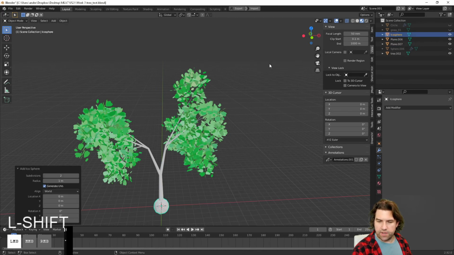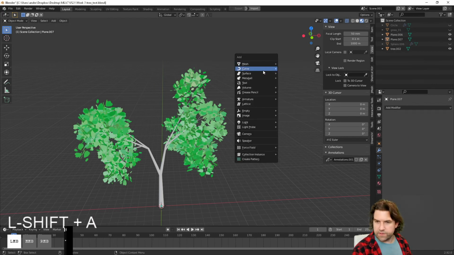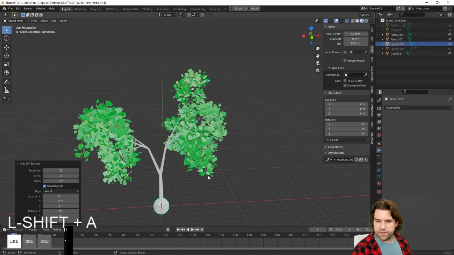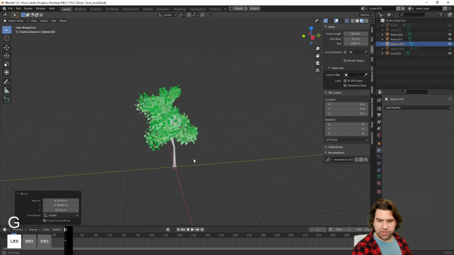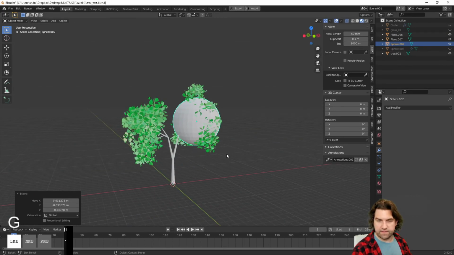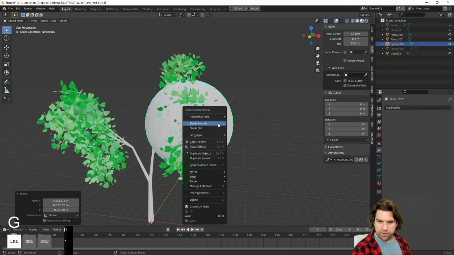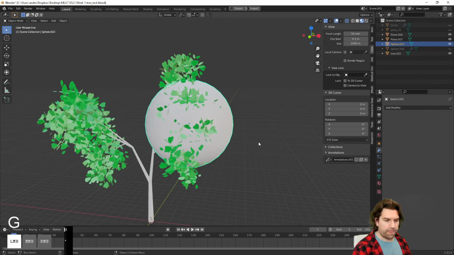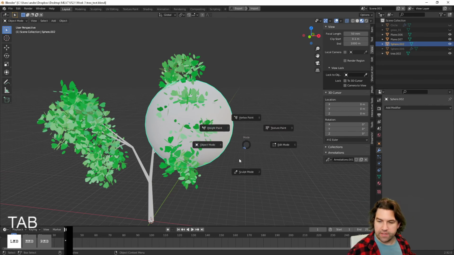So another, not icosphere, I want a UV sphere. Mesh, UV sphere, and I'm going to move this into place. I'm going to scale this up relative to the size of this overall branch. I'm going to right click, shade smooth, and now I want to change its shape in my sculpt mode,